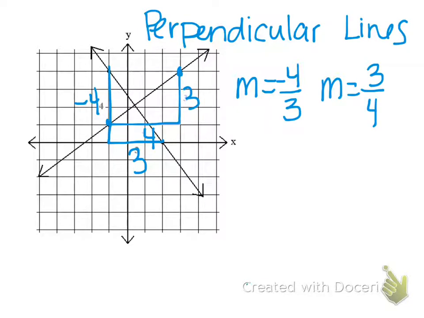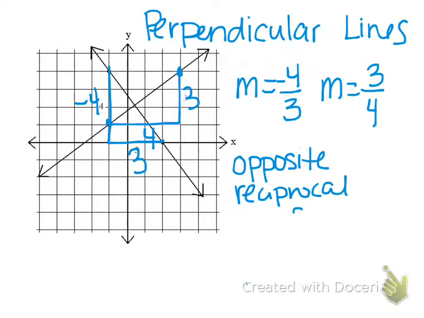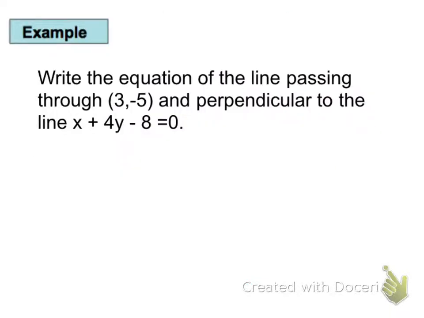And the main idea there is that these are the opposite reciprocals. Change the sign, flip the fraction. Opposite reciprocal slopes. So if you're given a line and you want the slope of a line perpendicular, you just have to change the sign and flip the fraction. Taking a look at